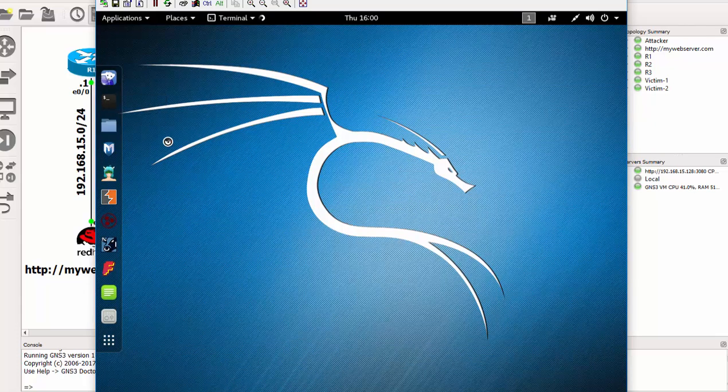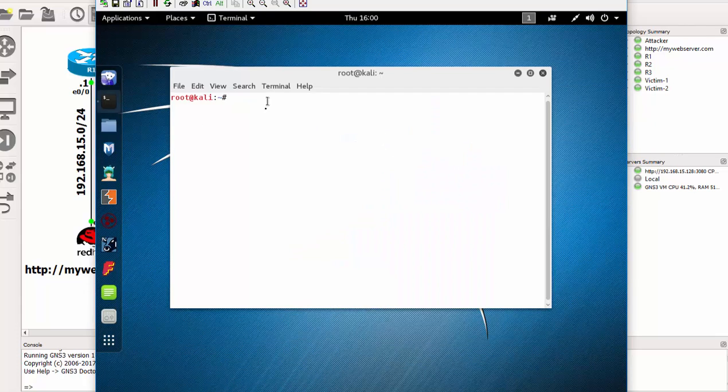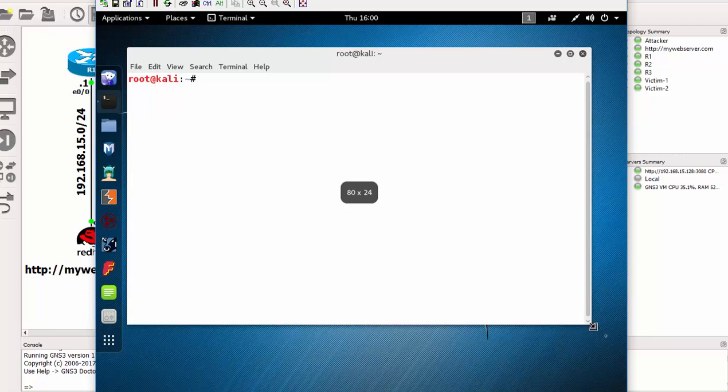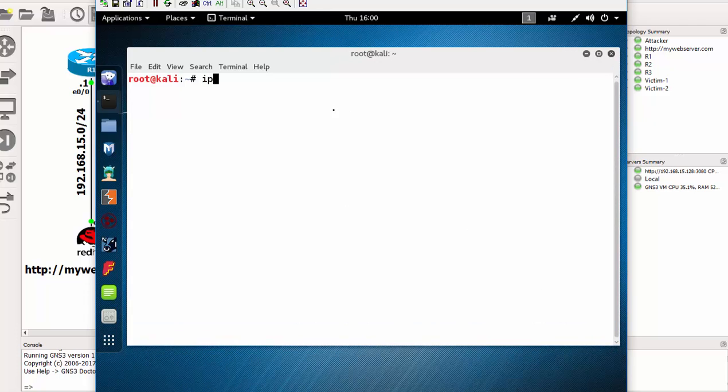Okay, let me start the terminal shell, and let me make that bigger. Okay, so I need to check my IP address. So that will be ip address show dev eth0 and I can pipe that. I think I've got multiple links, so I'd like to grab. Okay, so my IP is